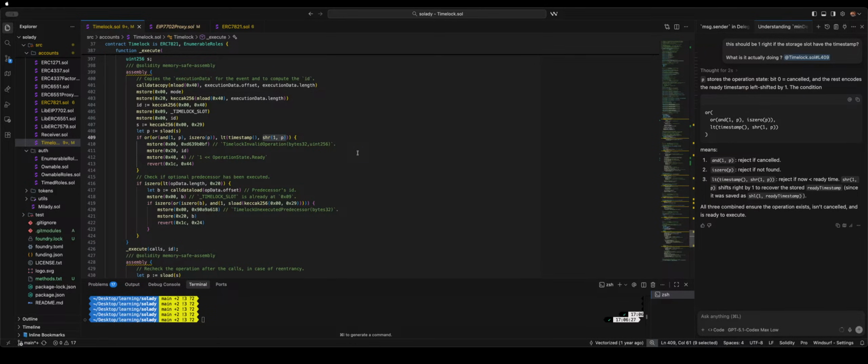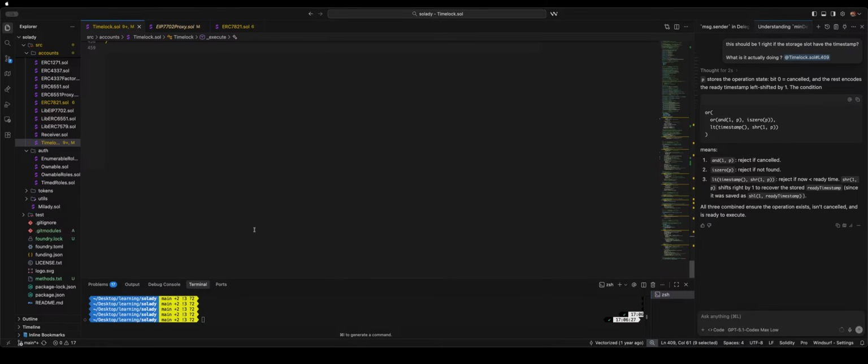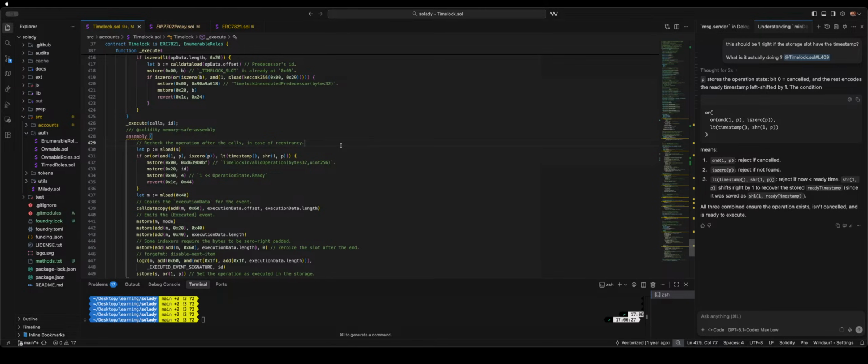Okay, it's basically doing some checks on whether the data exists or is cancelled. Yeah, I think this is something that we can take up later on. Yeah, overall,